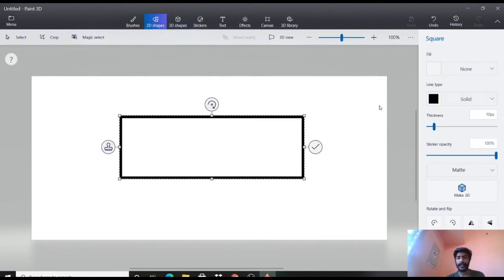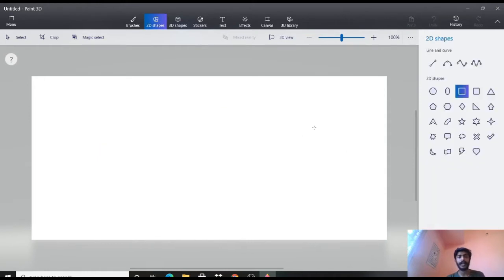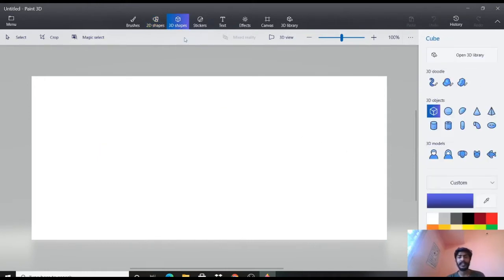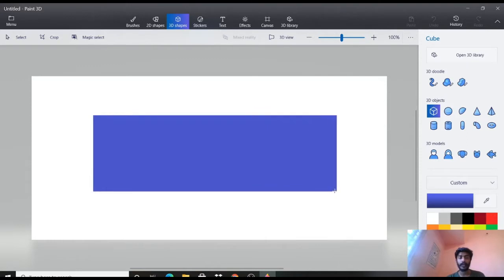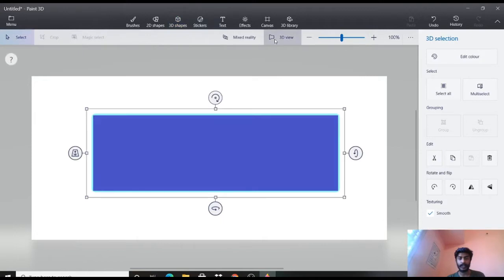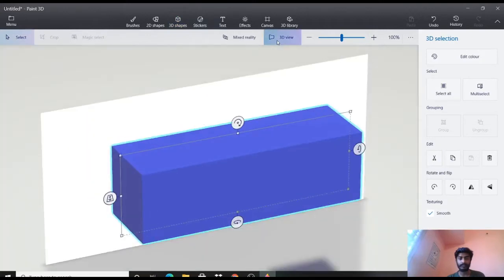This is how it looks. This remains very common for all of you, so I'm not getting into it. But the 3D shape is something very attractive that I found, and I think it can actually get a good number of people working with it.